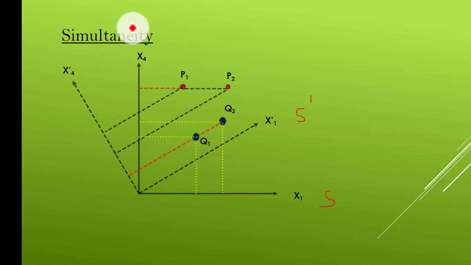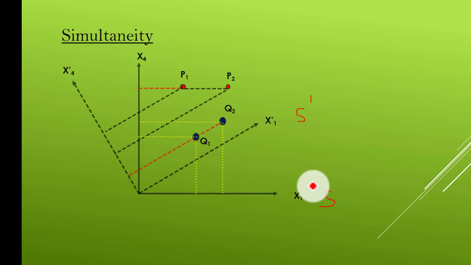So as you know, what is simultaneity? When 2 events are occurring at the same time, that is called the simultaneity of 2 events. Suppose we have 2 events, P1 and P2, which are occurring at the same time in the S frame of reference. If I draw a line corresponding to the time coordinate, this red line you can see, it cuts the x4 axis at the same time coordinate. x4 represents basically ICT. So that means time is the same for both these events in the S frame of reference, and these events are occurring simultaneously in the S frame of reference.